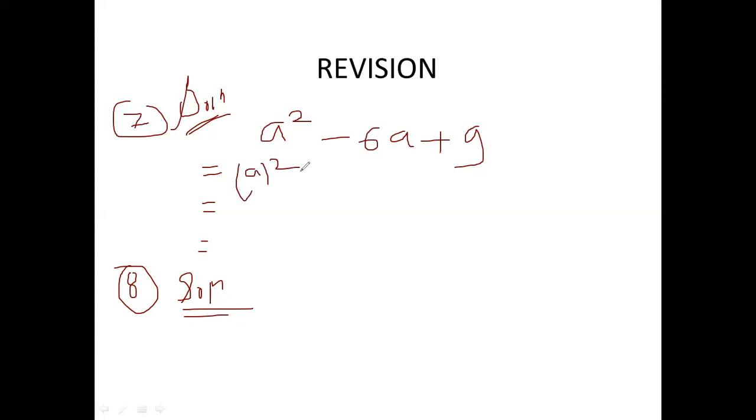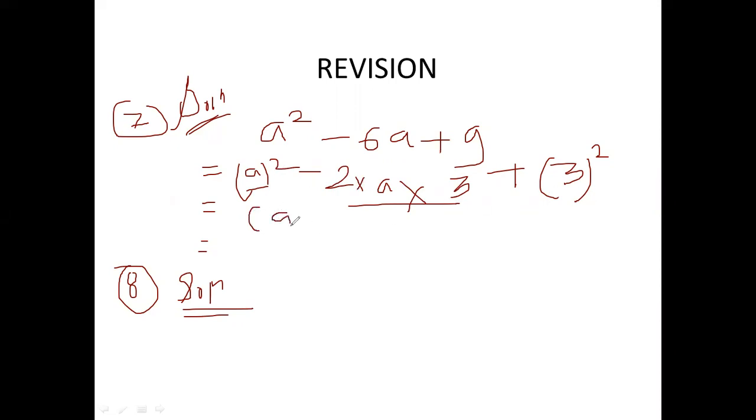First make a square. Last make b square. b square means here 3 square. If you can express first in a square, last in b square, the middle there will be 2ab with a sign. 2 into a means what is here? a only here. And what is b in place of b there? In place of b is 3. Yes, this is 3. 2ab. Look, this is in one formula now. Look here: a square minus 2ab plus b square means which formula?